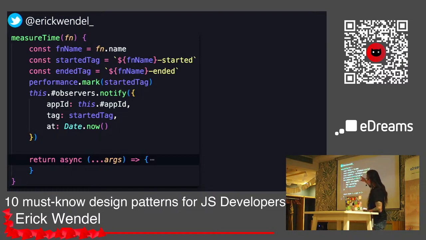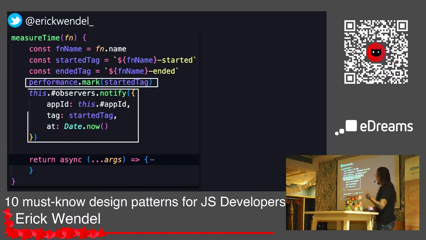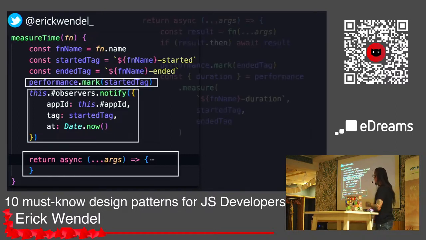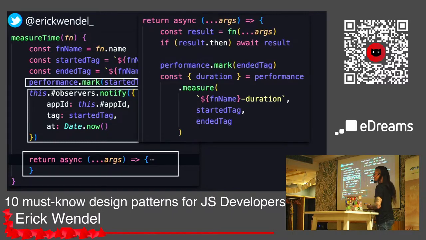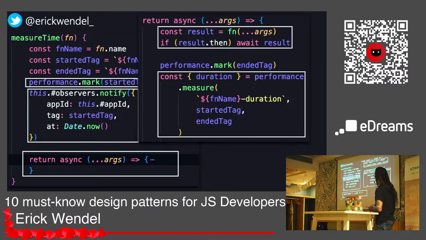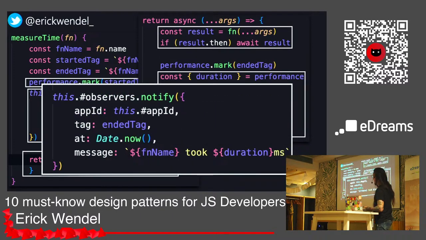So see here, I know it's a bunch of code, but what I'm going to do here is use measureTime, and then I'm going to pass through a function. It's exactly the same thing I would use with the at syntax. So I'm going to have the function. I'm going to notify all my observers that this function is about to start, and then I can call it and actually execute it. So I'm going to mark the performance when this started. I'm going to notify everyone, and then on this function, I'm going to actually execute the current function, and then I'm going to notify again all of them. Okay? So I'm going to have the duration and notify.